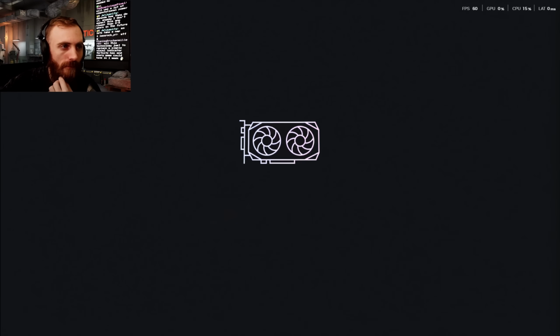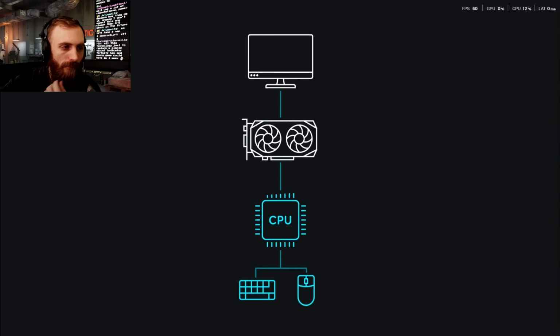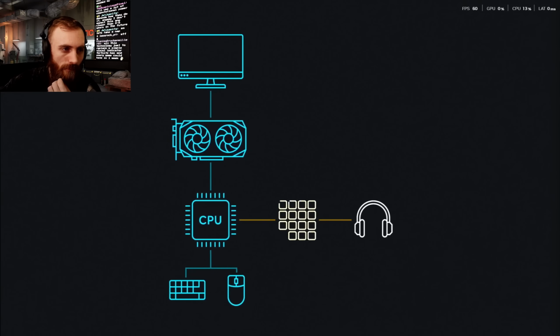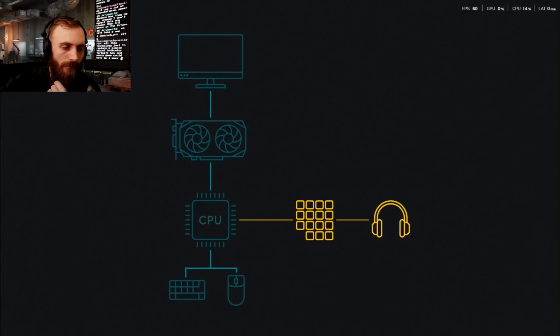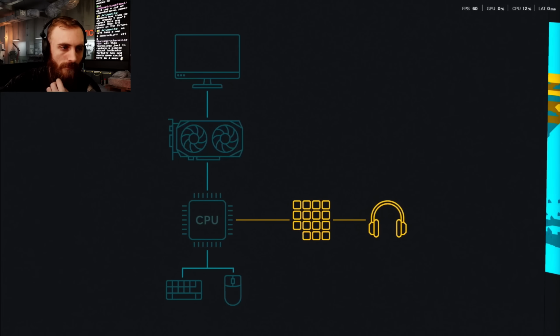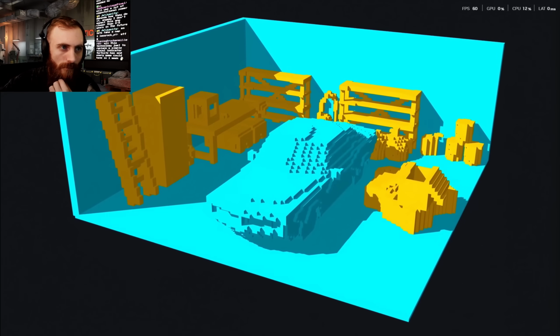That's because when you play a game, your input is handled by your CPU, which tells your graphics card what to render, and then your monitor displays it. Whereas ray traced audio runs on background threads on your CPU, and then sends the output to your headphones. This separation allows your game to continue to run smoothly. The ray tracing is also performed against a voxel grid, which is